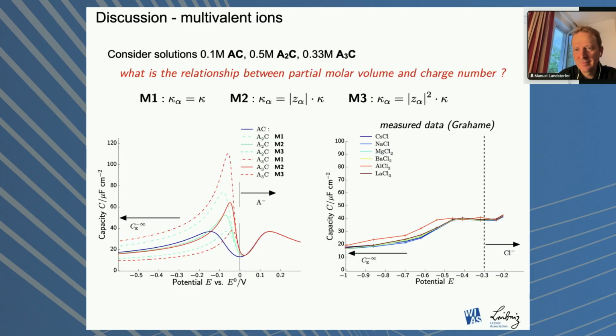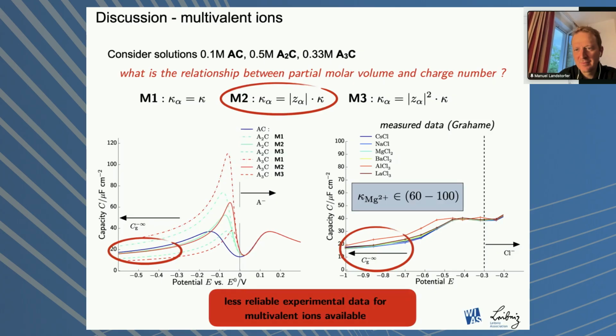This is already from the 50s or 60s, I guess. So not too reliable, but he already introduced the idea that here in this sense, chloride, so the anion, always remains the same, but the cation changes its valency. So from cesium and sodium monovalent to magnesium barium having a charge number of 2, and aluminium lanthanum having a charge number of 3. And these data sets already suggest that the solvation number scales linearly with charge number.